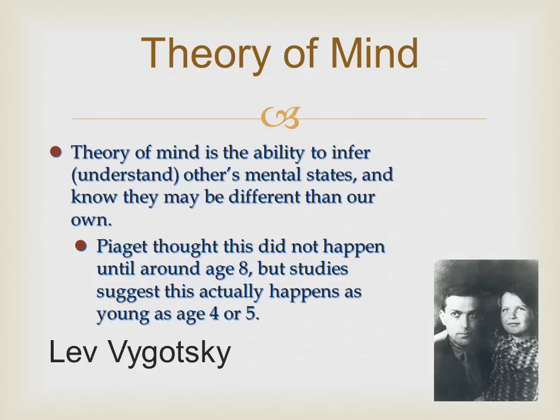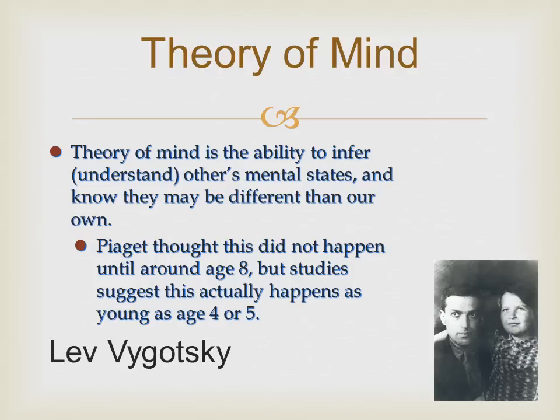A theory of mind is what they're beginning to develop as well. Theory of mind is the ability to infer or understand other people's points of view and mental states. I learned that kids can really start understanding other people's points of view by reading to them and telling them stories, and talking about why the little dog in the book feels left out because his friends are picking on him. They start to learn empathy for others at this point in time. Piaget thought that this didn't happen until the age of 8, but we now know that it begins to happen at the ages of 4 and 5.